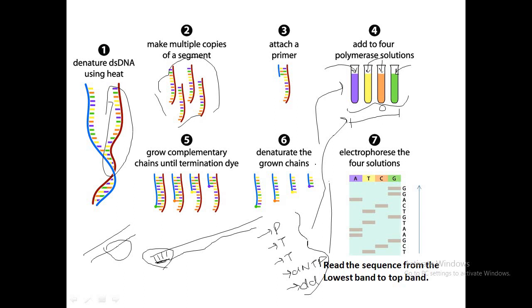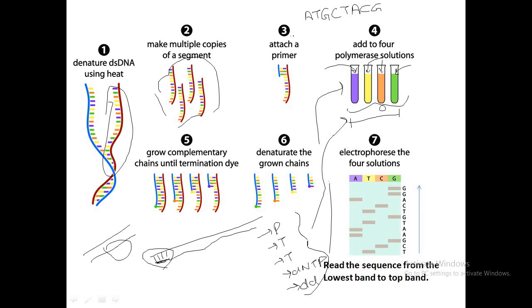The reason we are doing this, I am going to explain. If you can see, let us suppose, just for an example, that the sequence of DNA is like this: A, T, G, C, T, A, C and G. Let us suppose this is the sequence of DNA that we are going to determine.